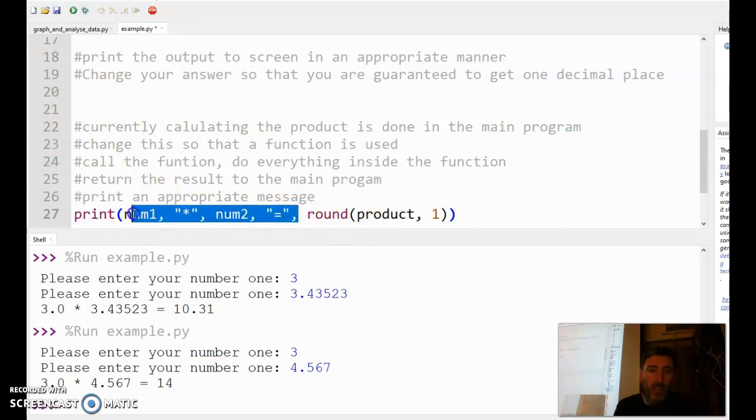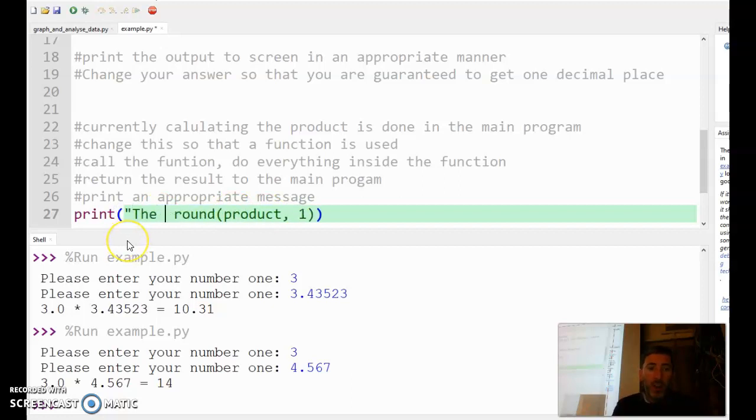Now I'm going to have to change this because I'm going to get an error. Num1 and num2 are inside the function. I won't be able to access them as it stands. So I'm going to say the result of multiplying num1 by num2, the two numbers multiplied give a product of,